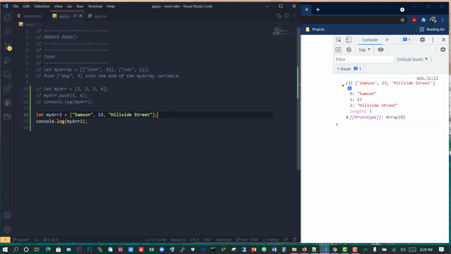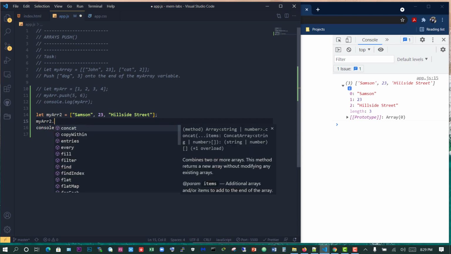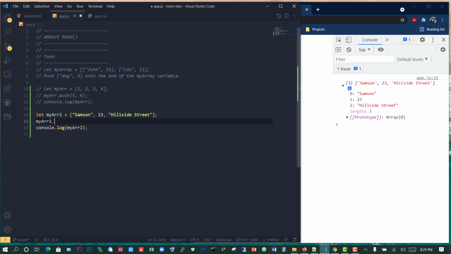Or maybe we want to attach something else. We want to attach his postcode, and we want to do that at the end of the array. So how do we do that? We'll just say my array 2 dot, and we want to push that, so we'll just do that, postcode, and we'll just say 900702, for example,